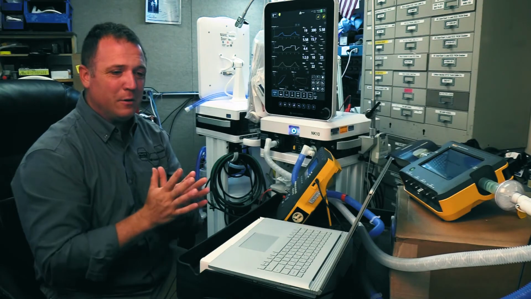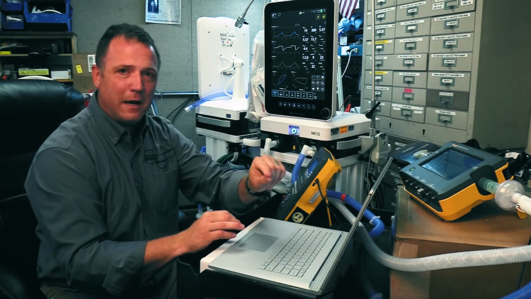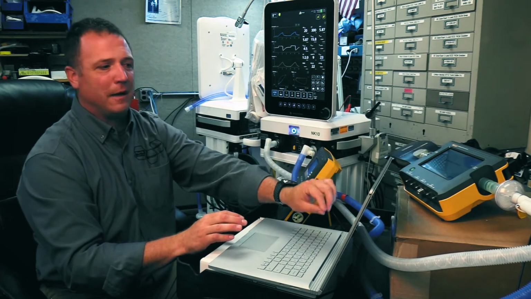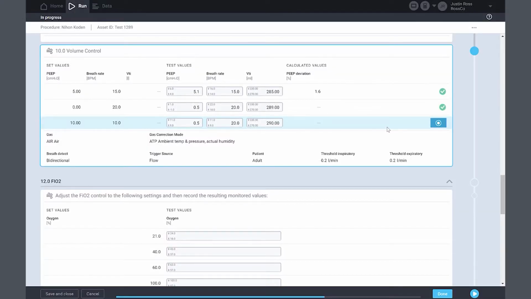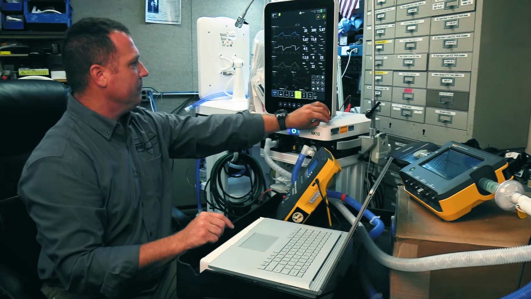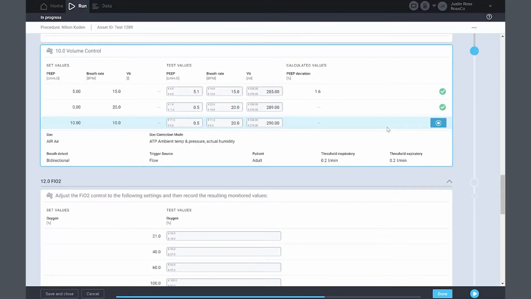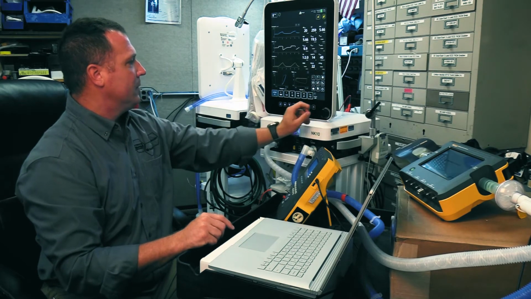Again, this is the beauty of 1QA, because if mistakes are made, you can catch them. If something's not right, go back and look where you're at. I had a setting wrong. I didn't let it stabilize long enough. Okay, moving on. The next step. My PEEP goes to 10. So we'll take this up to 10. And my respiration rate or breath rate is going to go to 10. There we go.